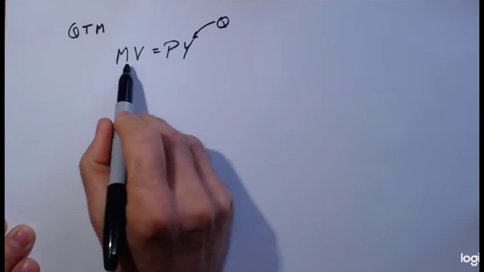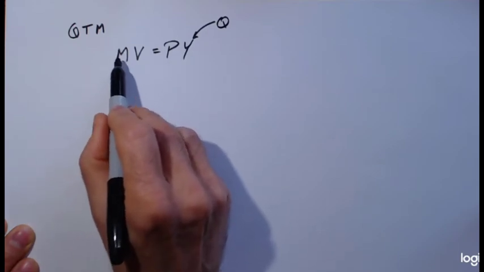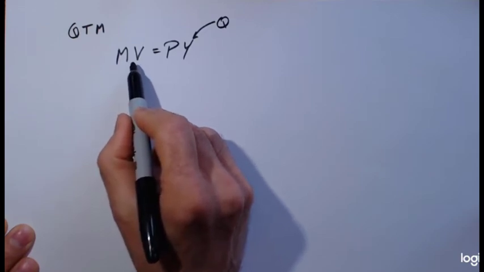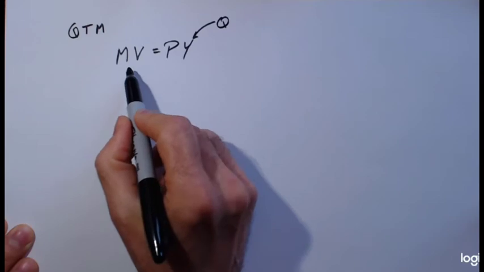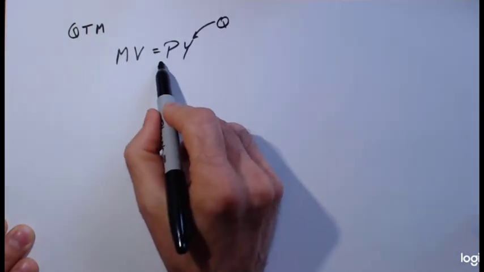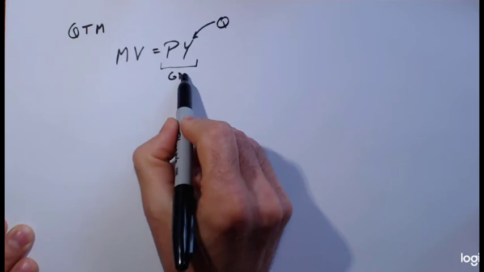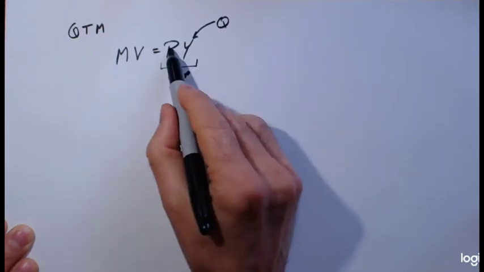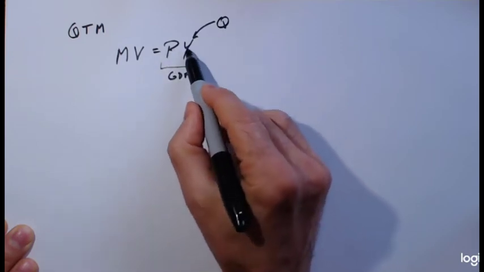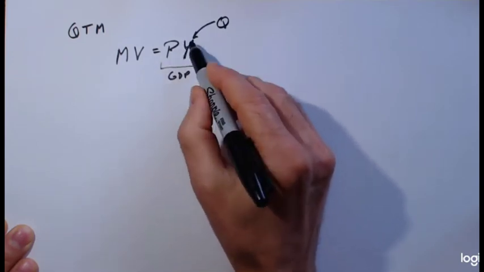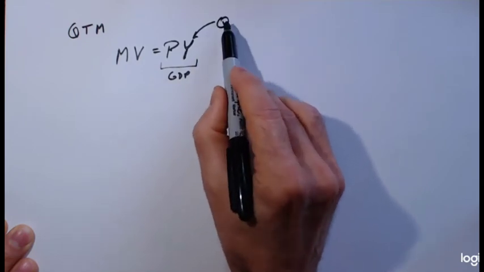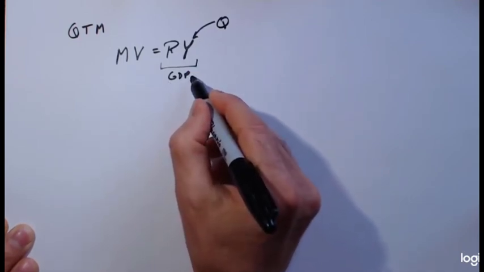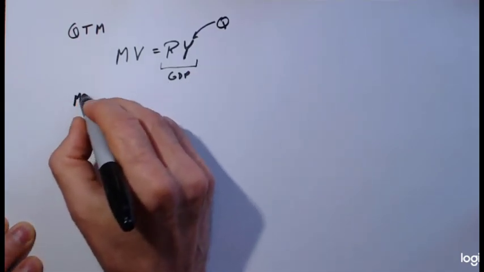So here's what this says. Here's the money supply, M, that we've been looking at. Here's the velocity of money, which is a measure of turnover. How often does a dollar turn over in transactions? And that's going to equal, and what this boils down to right here is GDP, nominal gross domestic product. So this is the price level, and then this is quantity, basically. This is real output, and the author's denoted as Y here, but think of it as Q, the quantity of goods and services produced times the price.